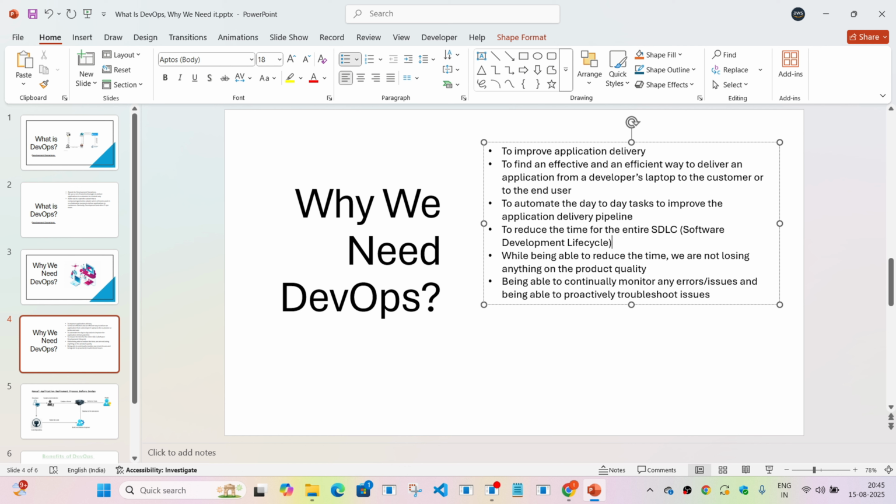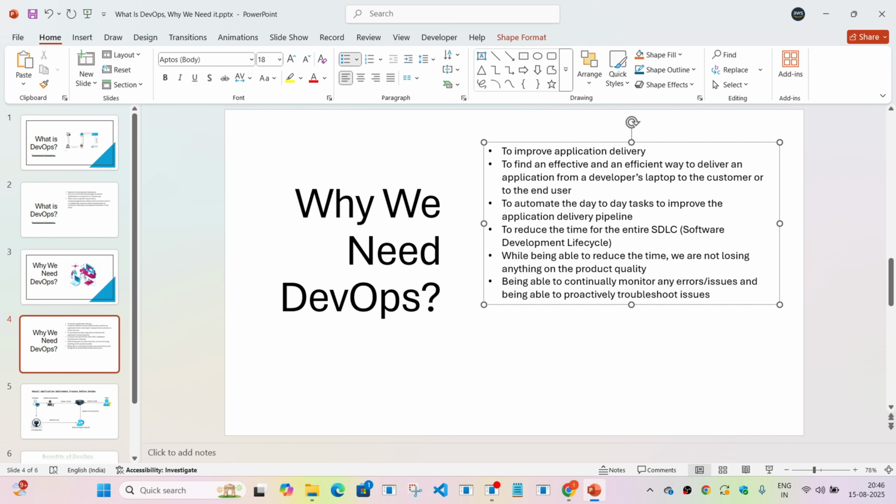And also, as I mentioned, while being able to reduce the time, we are not losing anything on the product quality part. So we are still able to maintain a high quality product or application for the customer, without wasting any time, without wasting anything. So this is the main thing that we have to take care of when we are working in a DevOps environment. And also one of the most important things as a DevOps engineer is to be able to continually monitor for any errors that still may arise, because not everything is perfect.